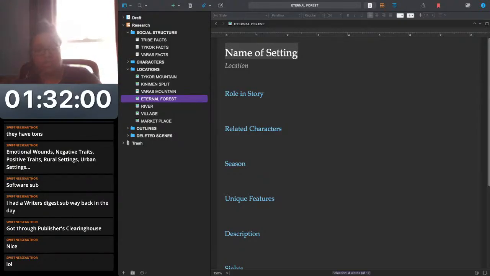I just need to make sure that it's not put in a place that's so far away that the Fifth Compass never even gets that far, never travels that far, so it wouldn't work. Especially because I really want the Eternal Forest to be there, because there will be an obvious common enemy between the Varish tribe and the Tychor tribe, which is the Non, who live in the Eternal Forest,